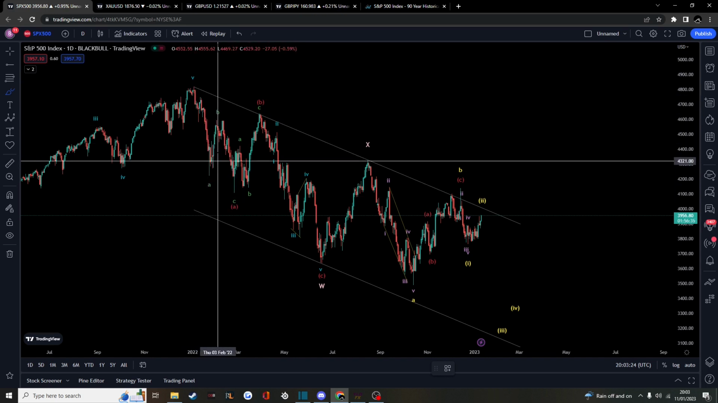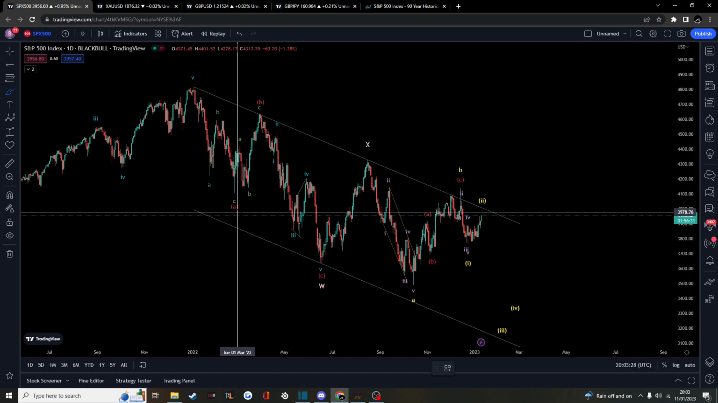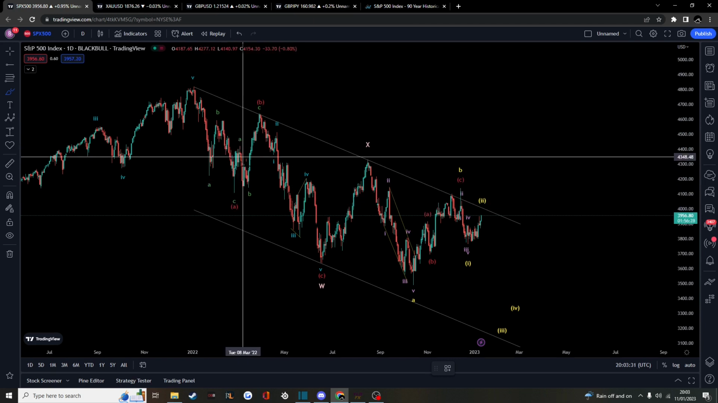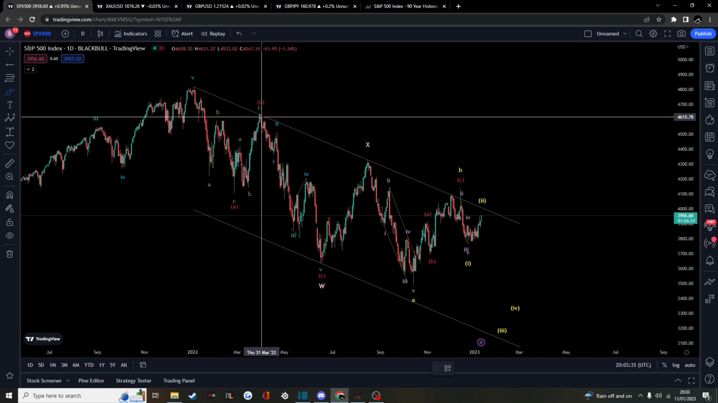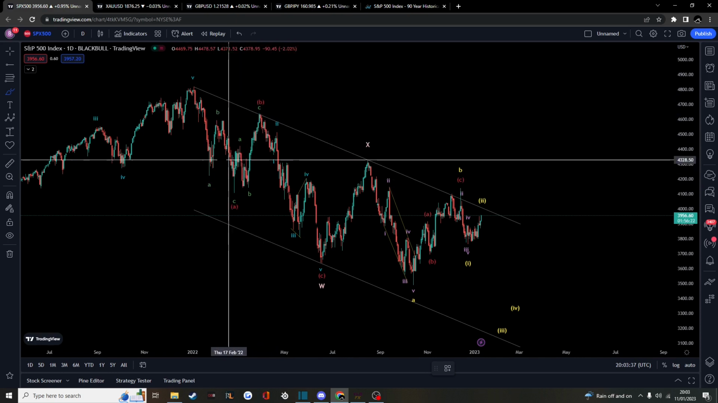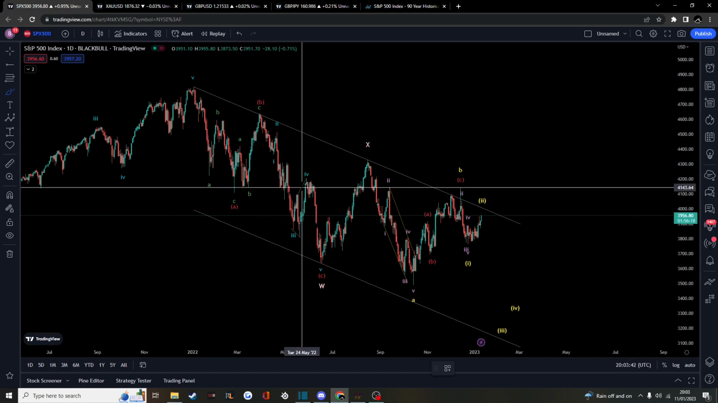So this gives us a 5, 3, 5, which gives us a zigzag pattern, and that gives us a wave A. Then we have an A, B, and a C, which seems to me like it's another 5, 3, 5, another zigzag, giving us a wave B. And then we have a 1, 2, 3, 4, which seems to me constitutes to a